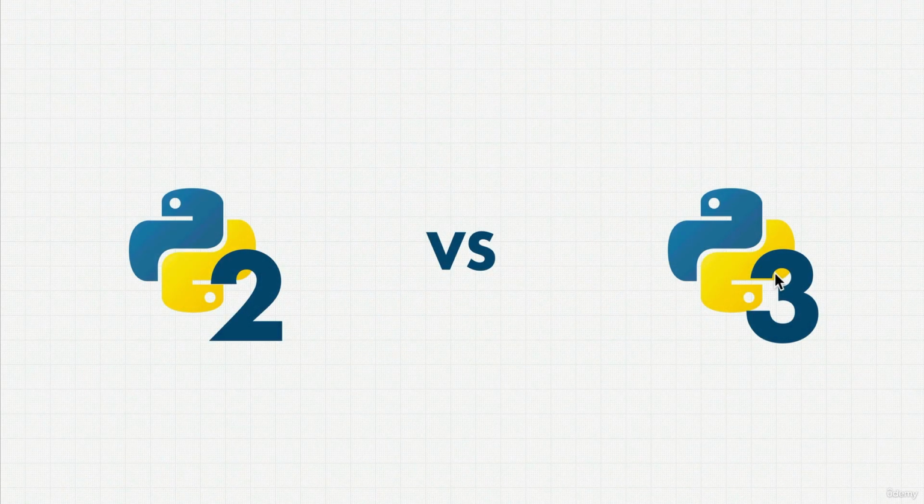Now, Python was created in 1991 by this gentleman, and it was actually named after Monty Python, which was a British comedy group. But like I said before, the language is always evolving. And in 2008, Guido decided that Python version 2, which has been used for a very long time, had some things that he and the community wanted to change. So in 2008, they decided to create Python 3, a new version of the language.